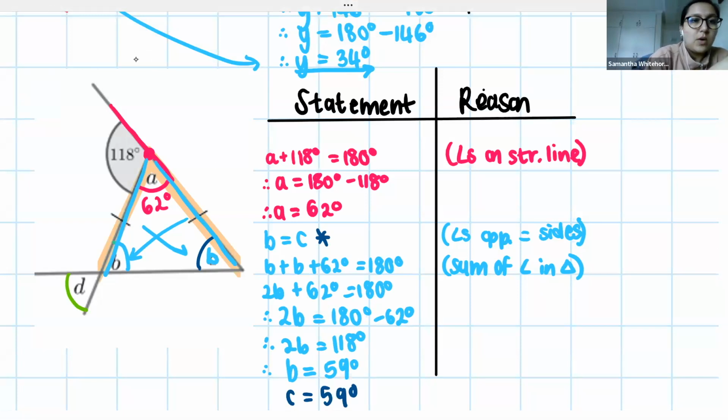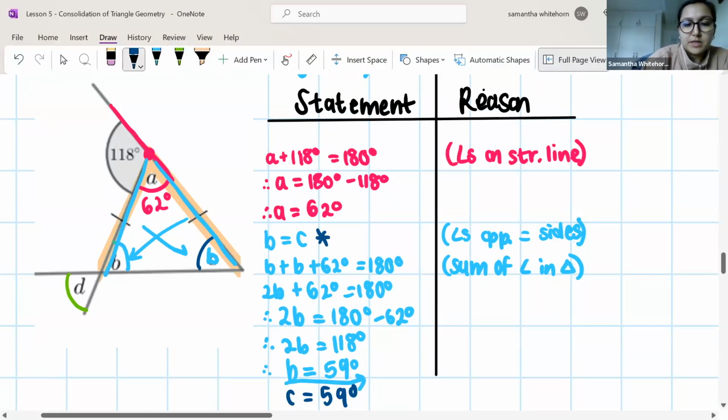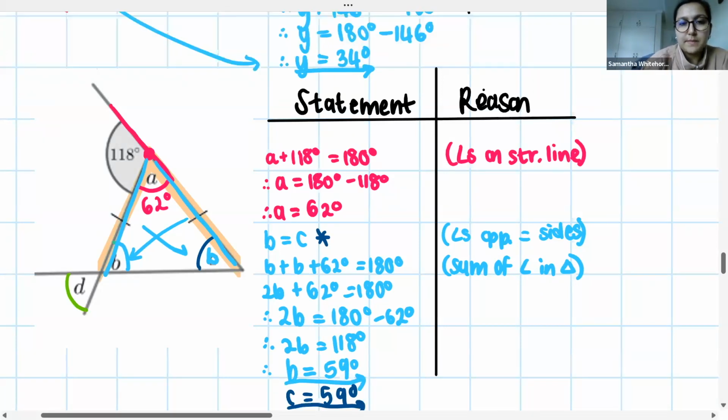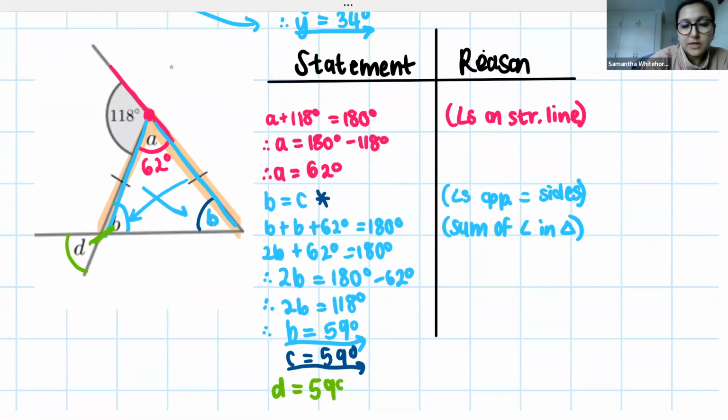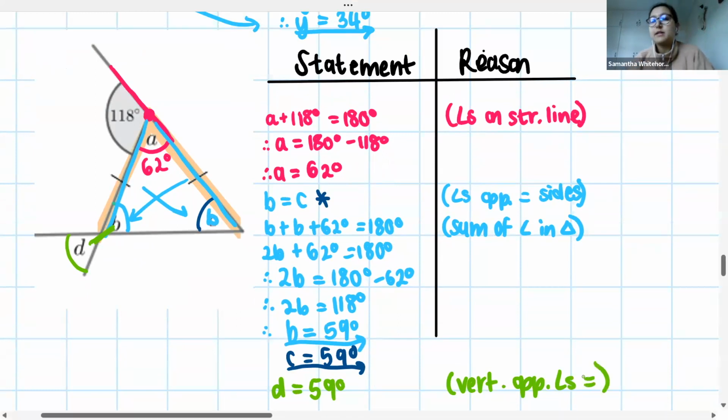So in one go, I've got B and I've got C. Didn't have to do any extra working out for C. For my last angle D, what you should notice is that D and B are vertically opposite. So D is also equal to 59 degrees because of vert-op angles. All right. So guys, this is definitely a trickier question